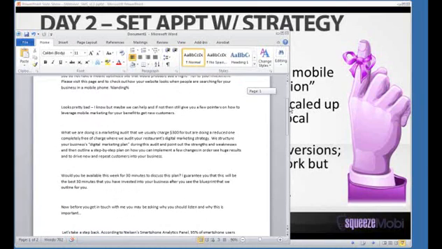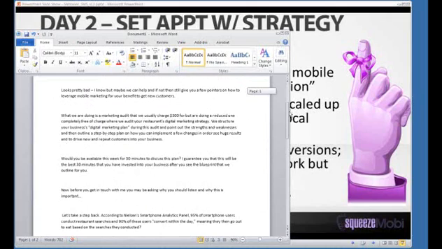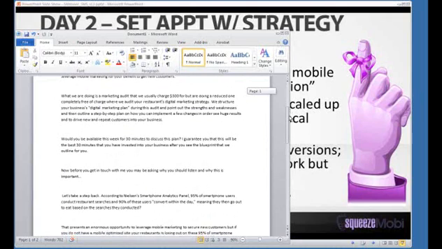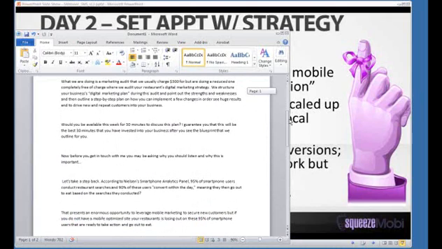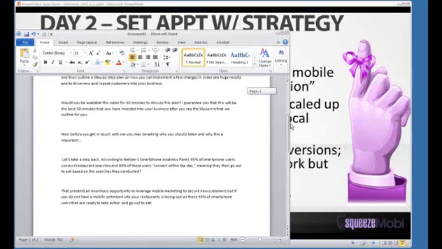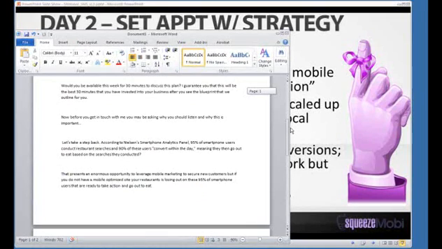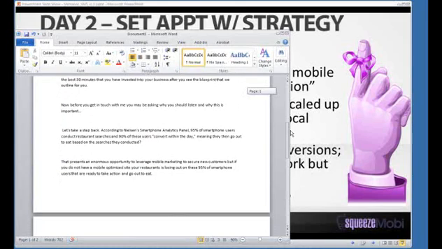So when I craft this email, I am crafting it from a value perspective, and telling them about audits that I'm going to be conducting. Would you be available this week for 30 minutes? And guaranteeing, I like to add a little bit of a cocky mix. I guarantee that this will be the best 30 minutes you invested into your business. And then I take a step back and I go into some statistics.